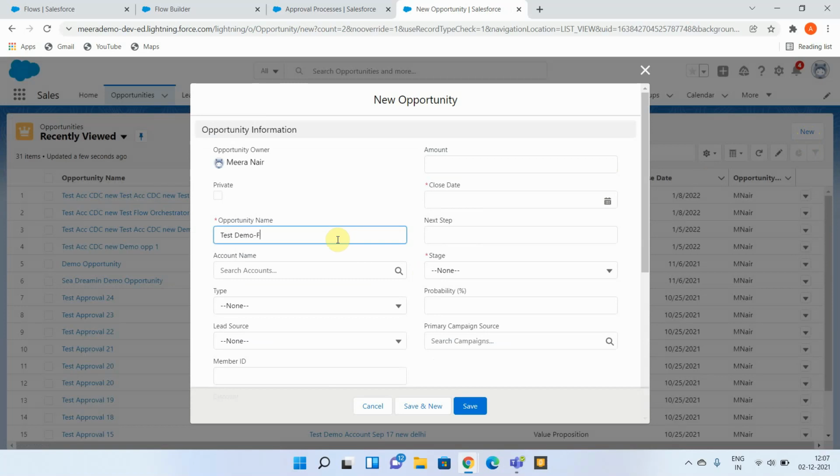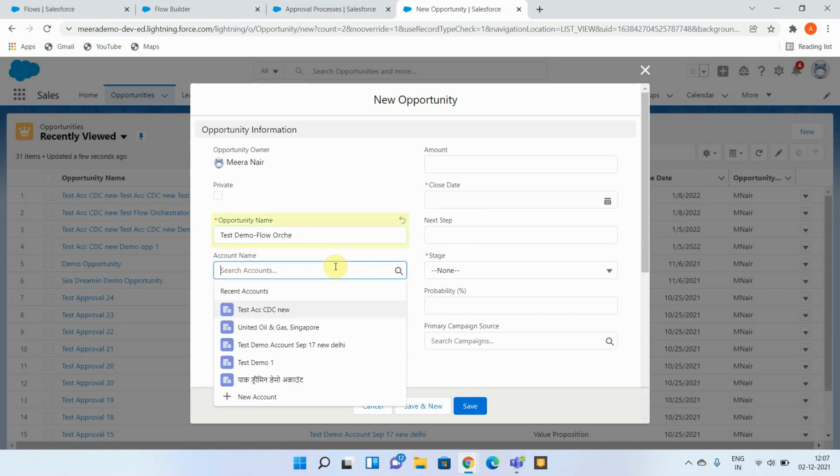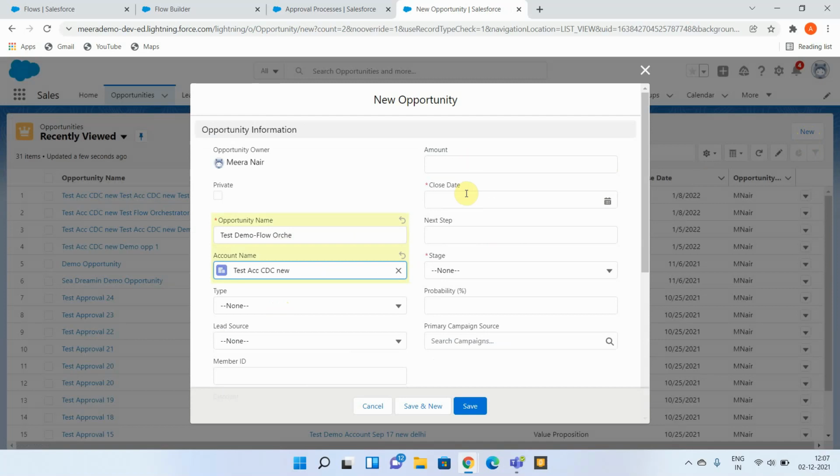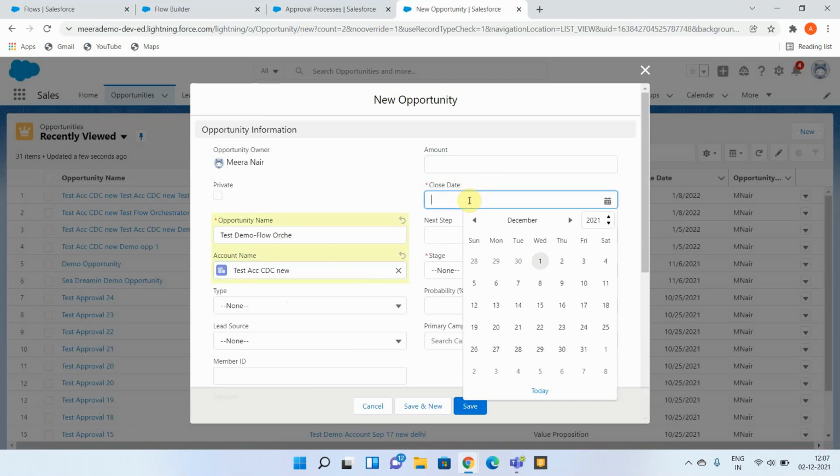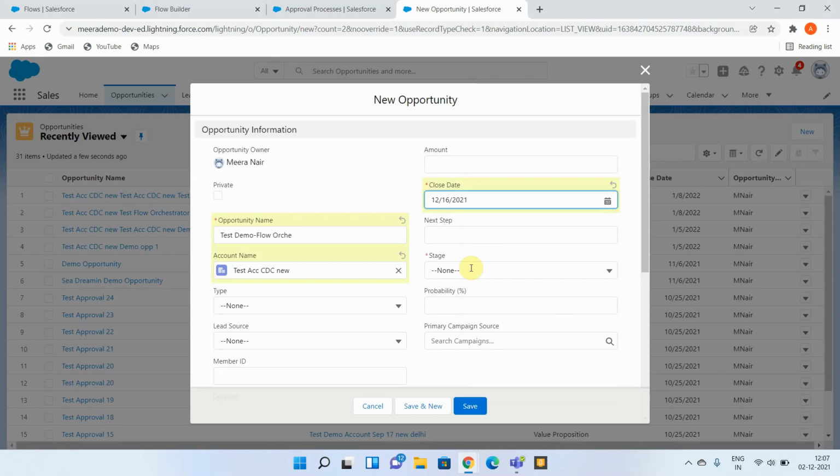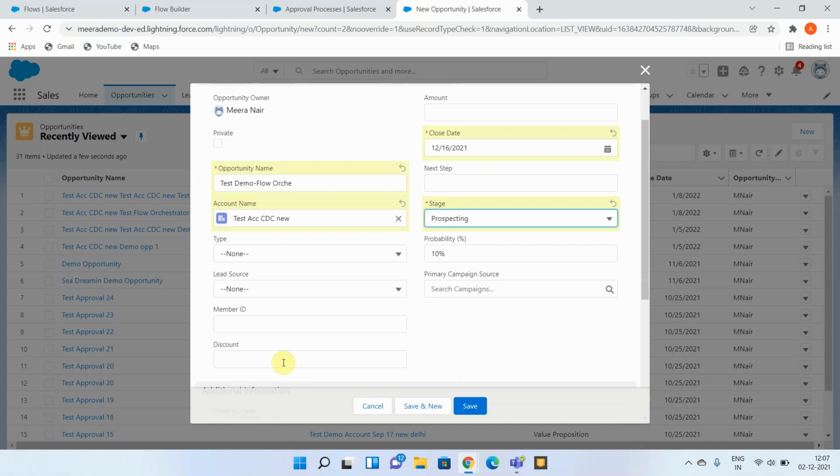Test demo Flow Orchestrator, and giving the account name as a default value. Amount, I am keeping it empty because the amount value will be populated from the product directly. Stage name, selecting prospecting, and we also need discount percentage, so currently I am populating it as 10.